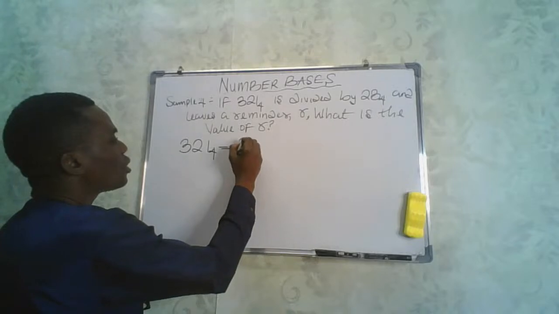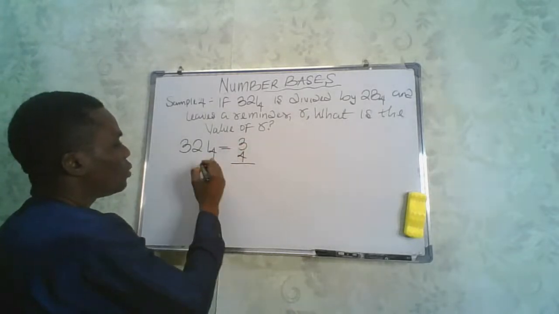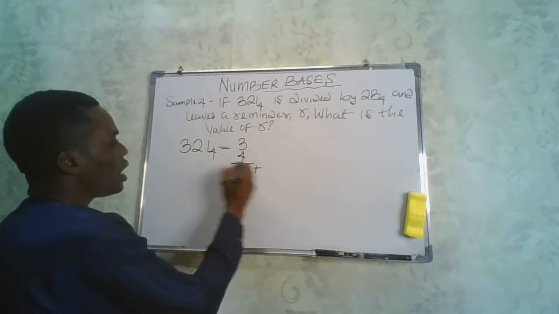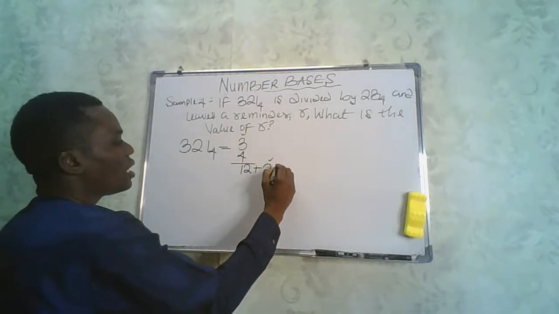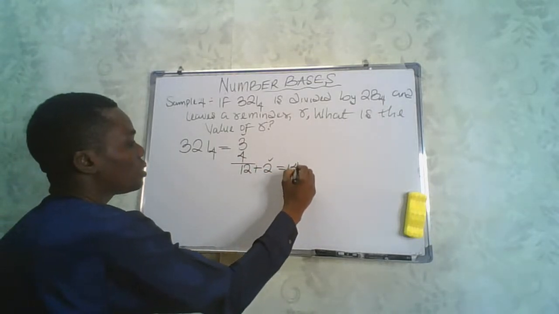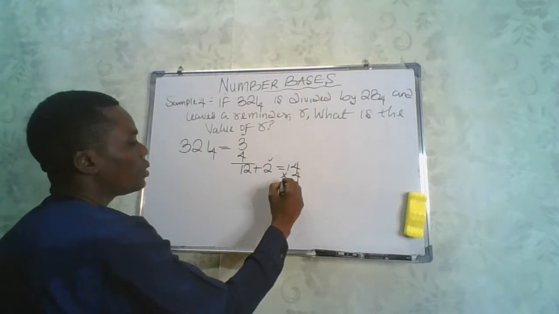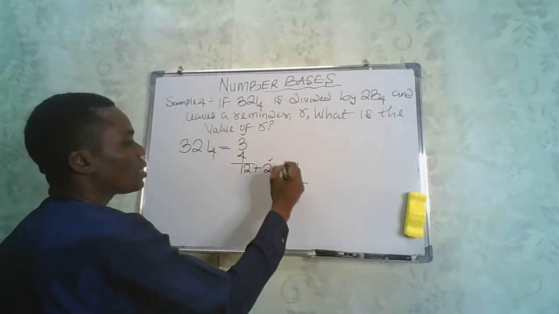So we'll have this to become 3. Remember, you write the 3, you multiply it by 4, which is the base, and this will give you 12, right? You add 12 to 2, and that will give us what? 14, right? 14, you multiply it by 4, which is the base. 4 times 4 will give us 16. 4 times 1 will give